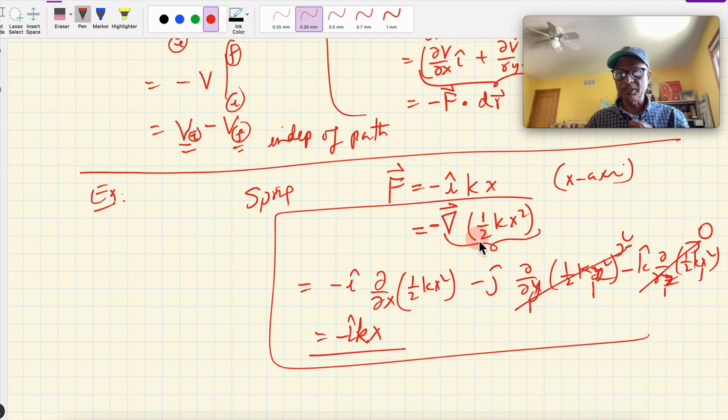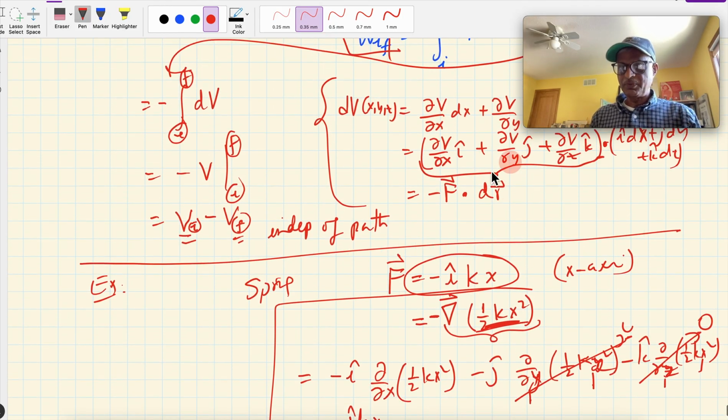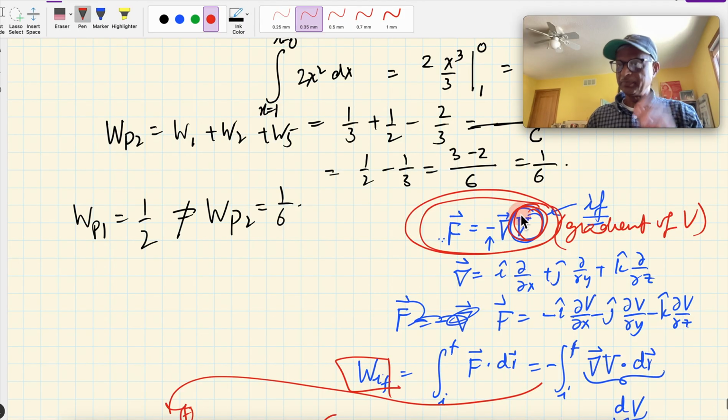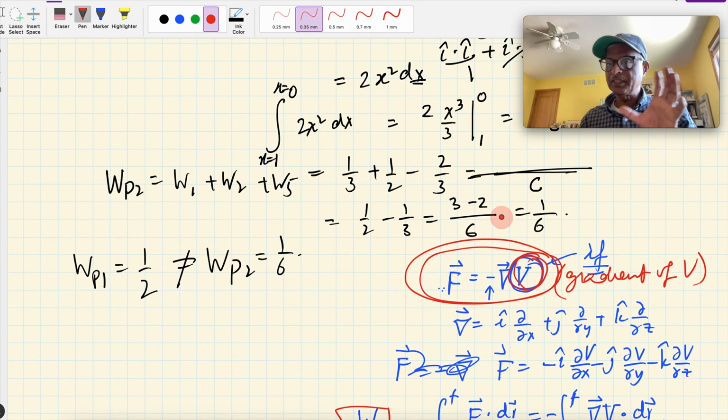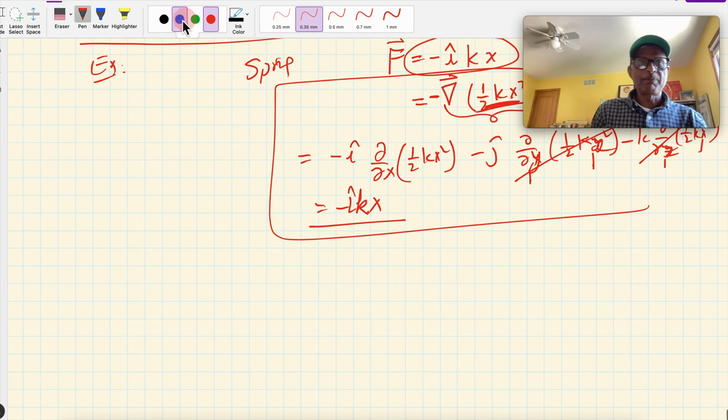So that's why this is the potential energy corresponding to the force. All right, okay. So that's a little bit advanced, but it gives you a better perspective on how to use it and not get tripped up. Now there are cases in which you can do